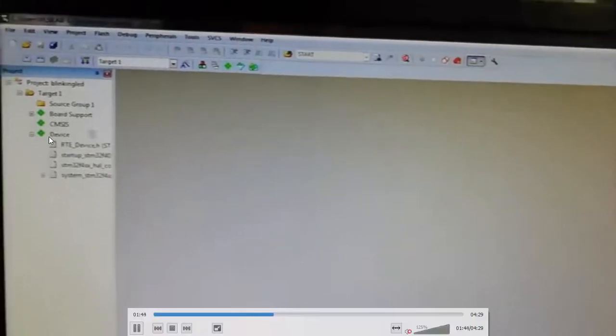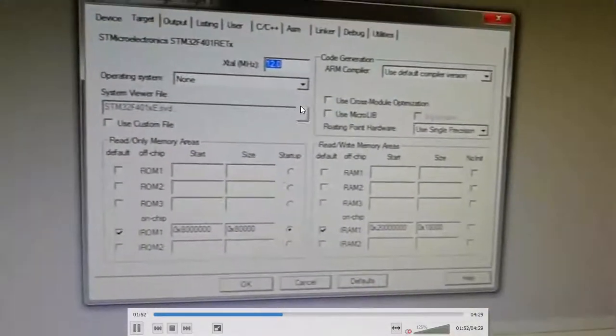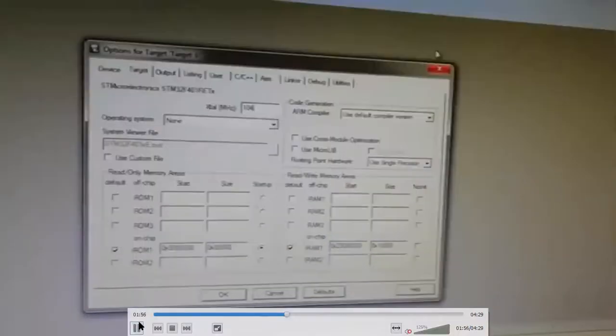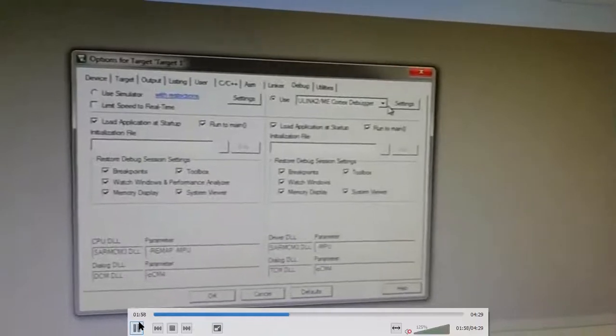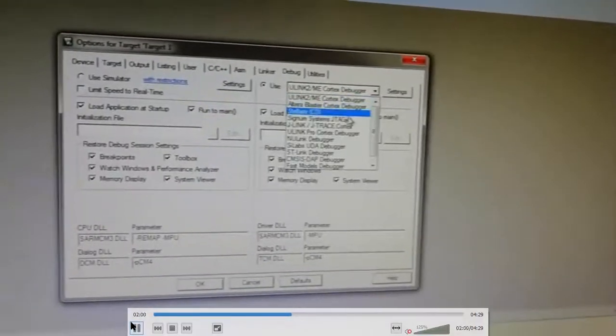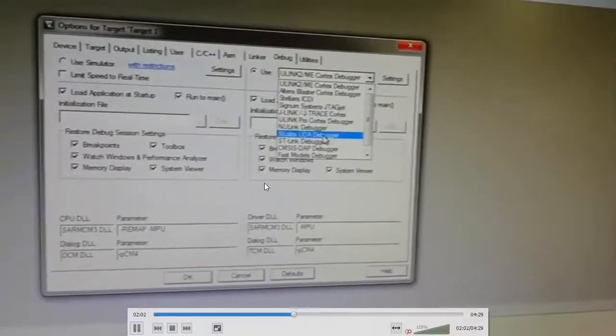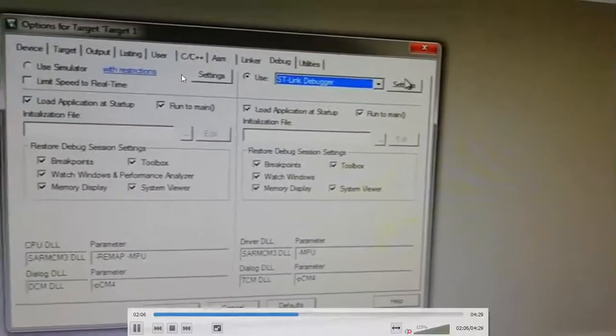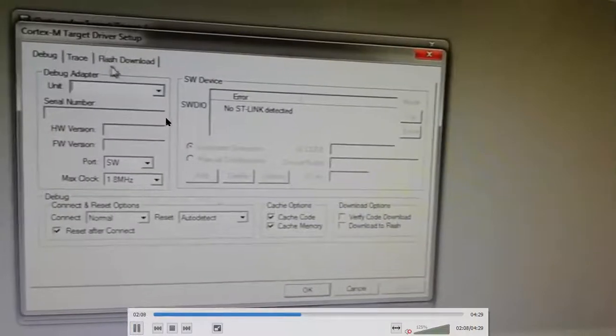So update all the devices. Later, go for the target and optimize it. We have to give the clock frequency at which we are going to operate. The clock frequency will be given as 104 megahertz, and the type of debugger we will be using is the ST-Link debugger. For that you have to select options for target.